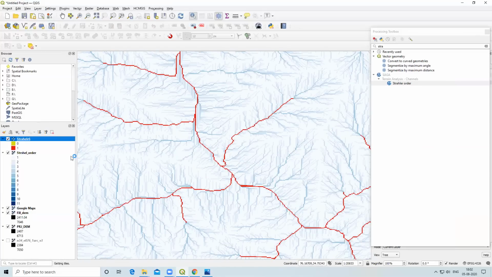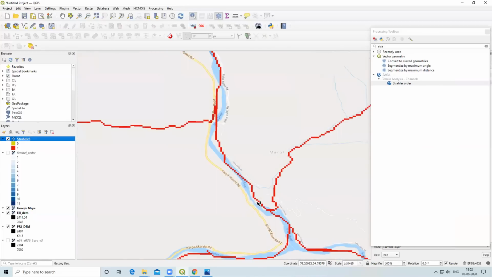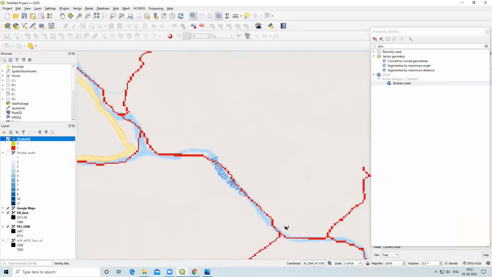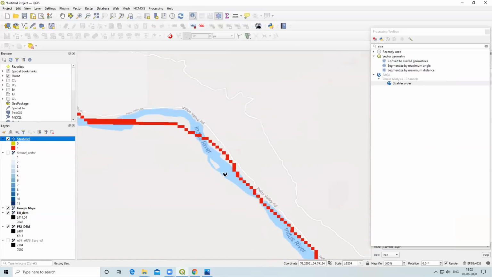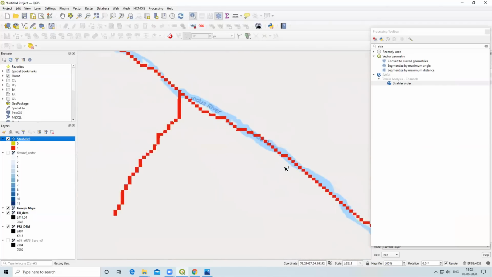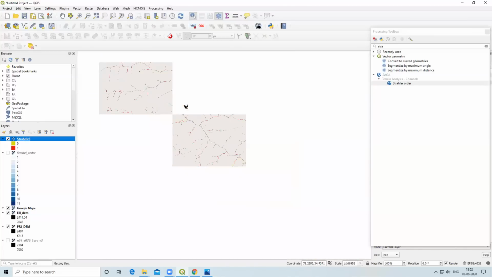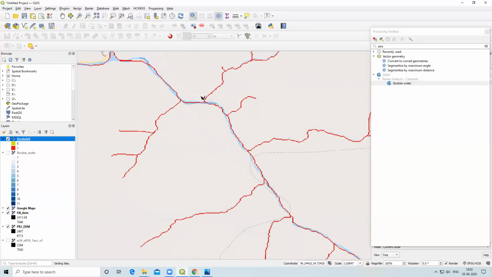Now you can see, if I uncheck this, the higher stream is indicating our river, the Indus river. What we are going to do now is take this higher order stream and calculate a drainage. We are deriving the watershed corresponding to this channel network. The Indus is one of the biggest rivers. I will select the corresponding watershed which contributes to a particular location along this river.